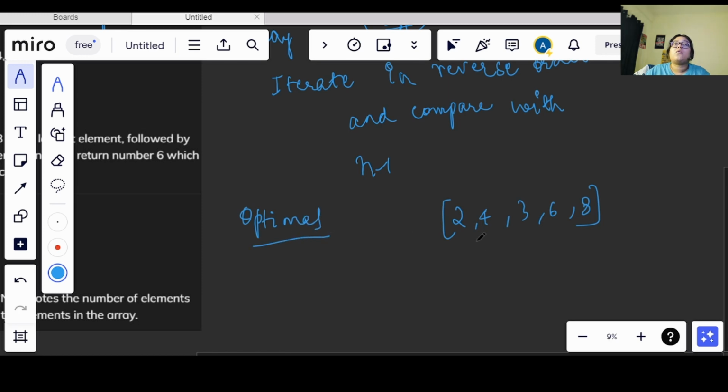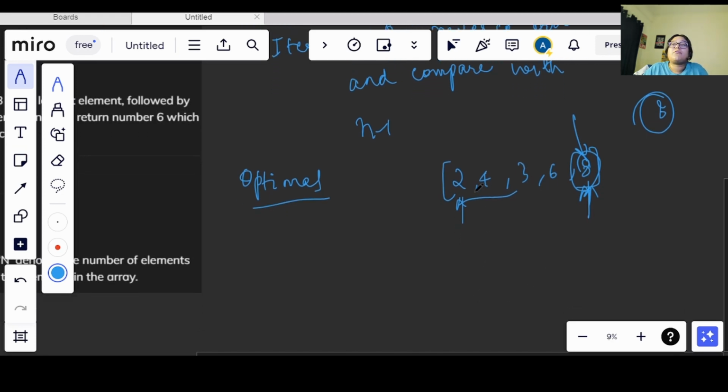Now if I start the comparison from here, let's say I want the maximum value. This will be my maximum value. Okay, I have got the maximum value. Now my second maximum value, or the second largest value, will be lesser than this, but it will still be greater than the rest of the values. So let's say I have one value which is maxi, we are initializing it with 2, and we have second maximum, which we are also initializing with this value.